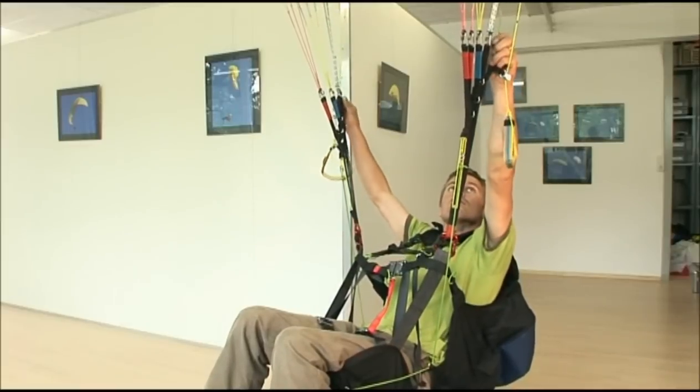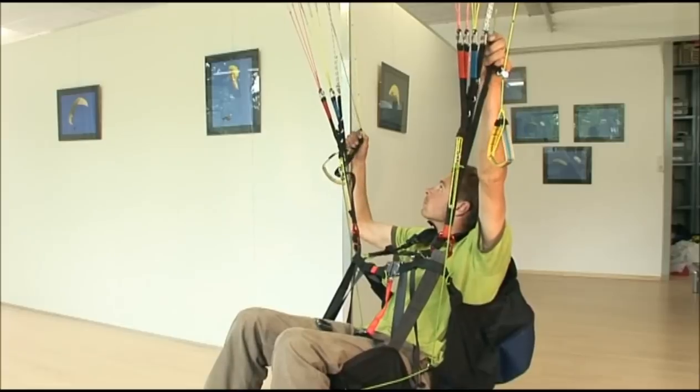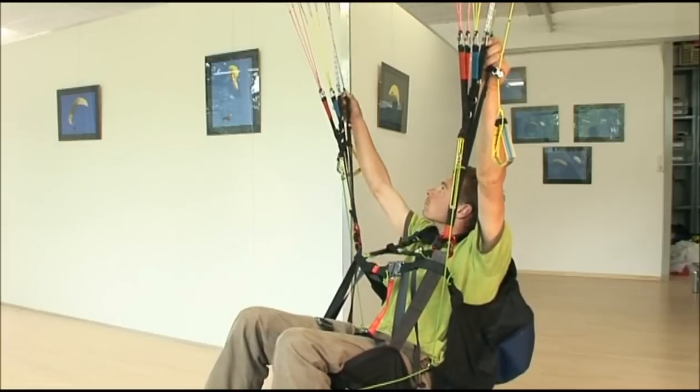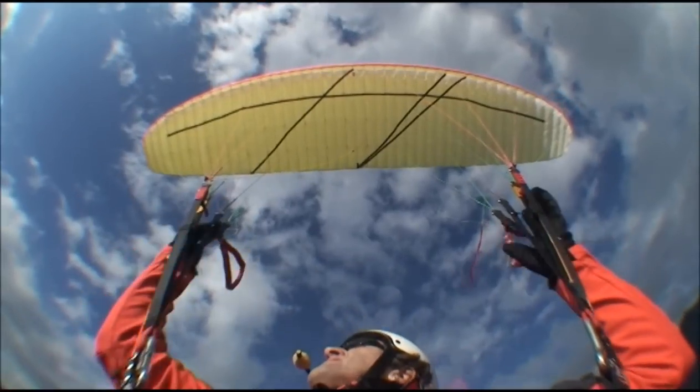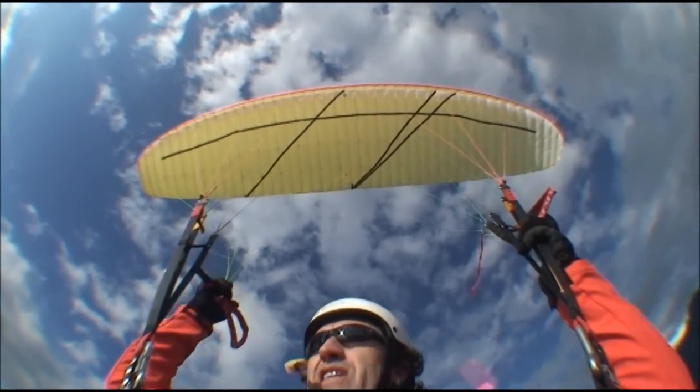This test is to check whether the glider may be steered in case of failure of the primary controls. Generally, the pilot uses the C or D risers and makes a series of 180-degree turns. If the wing remains in positive flight, then it is given an A, and if the wing exits positive flight, it is failed. I take the D riser, okay, and I turn